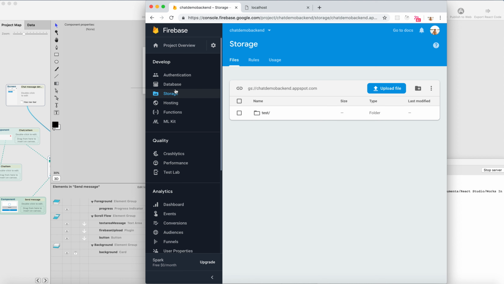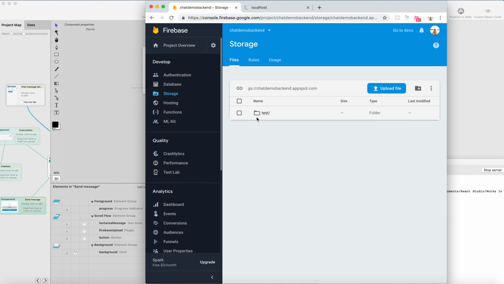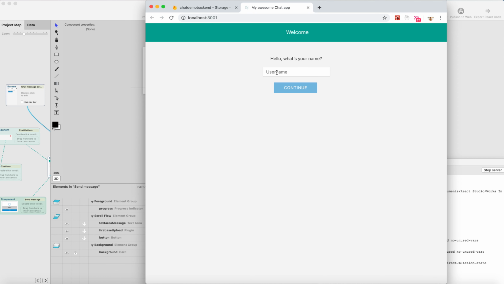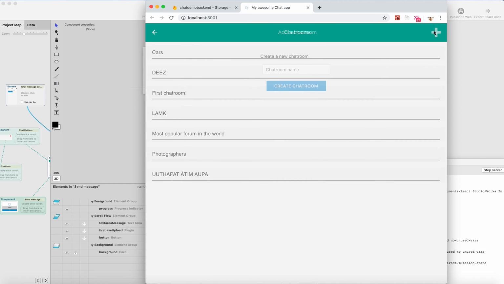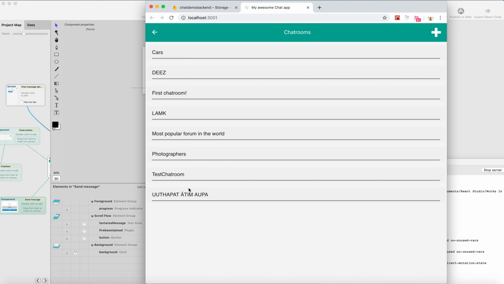and this is the Firebase storage backend here, and you can see there's just one directory currently, which is called test, but we should have a new directory when we upload the first image. Maybe I create a new chat room test, and where's the test chat room? Here,